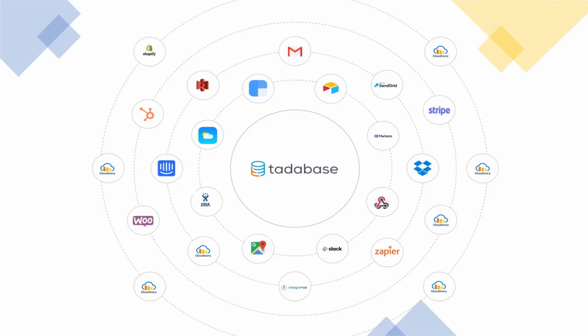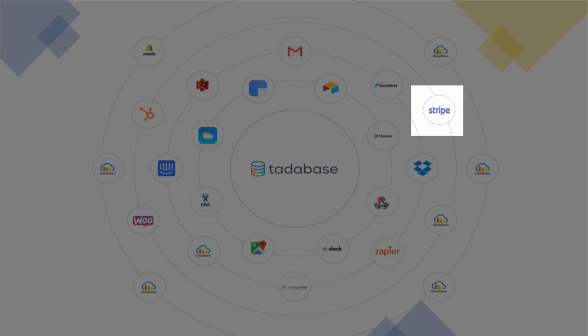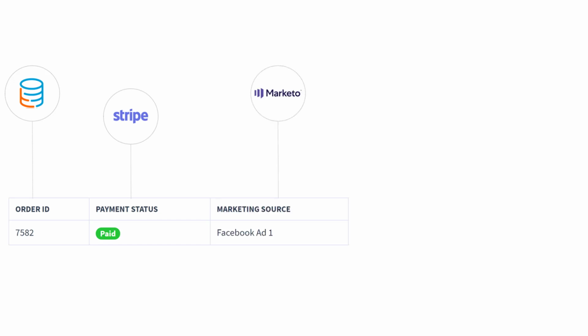In this day and age, you inevitably have data in different applications all over the web. For example, Stripe might contain payment data, while Jira contains your bug tracking details. Using pipes, we can retrieve all the values from all over the web and display it dynamically right inside of